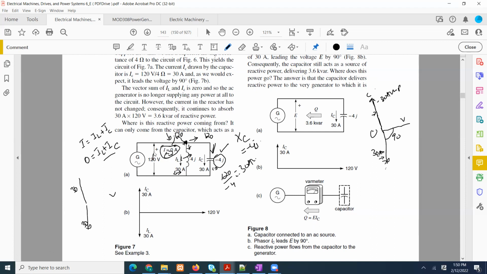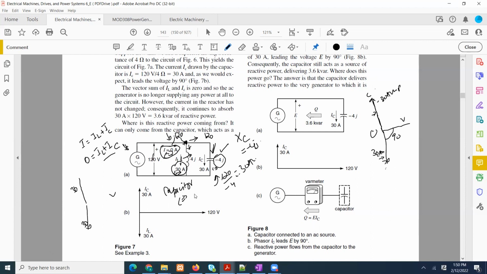In other words, that is an important derivation, you can say, and the reason is because this generator is not supplying any current. But where is the current coming from? This 30 amp must be coming from what? That must be coming from this capacitor. And which means what? Which means that the capacitor,